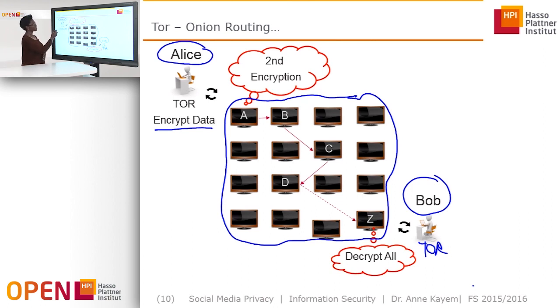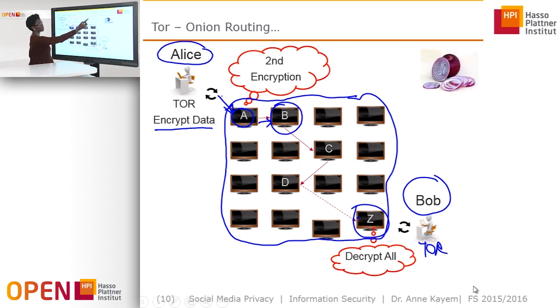Okay, so she encrypts her data and it goes, for example, to the first computer on the network, which is A. What A is going to do is apply a second layer of encryption and then transfer this to another computer on the network, say B. B will apply a third layer of encryption and so on until the message arrives at the last computer on the network just before Bob, at which point all of the layers of encryption will be removed.